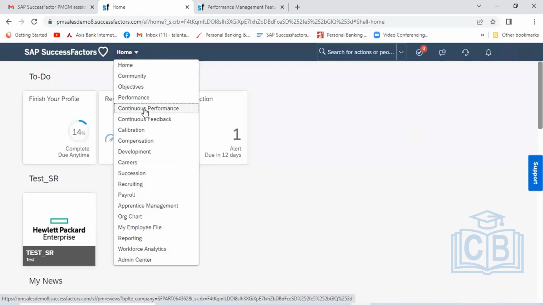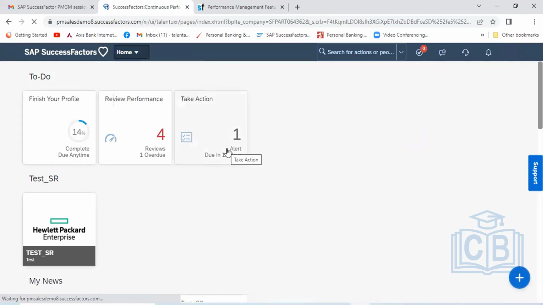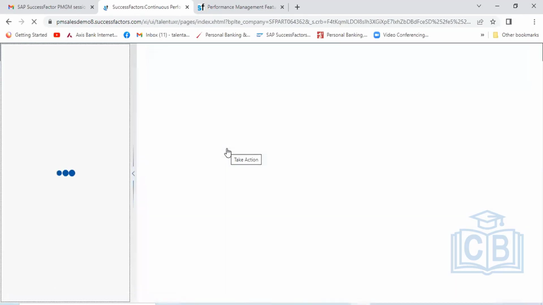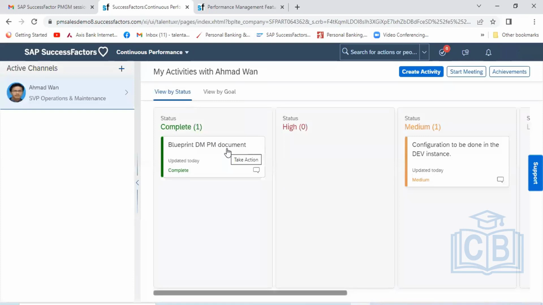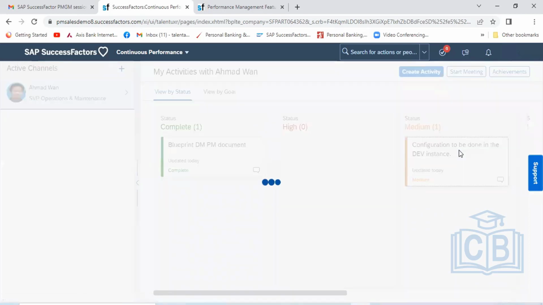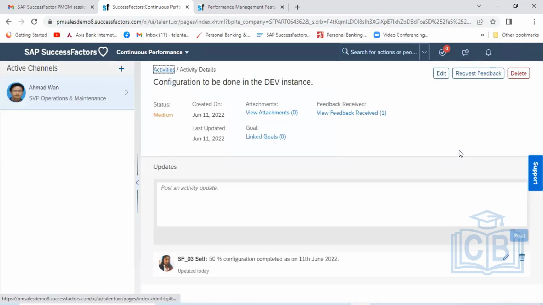go back to the continuous performance page, and click on the particular activity. You can see here view feedback received. Some feedback has been received.